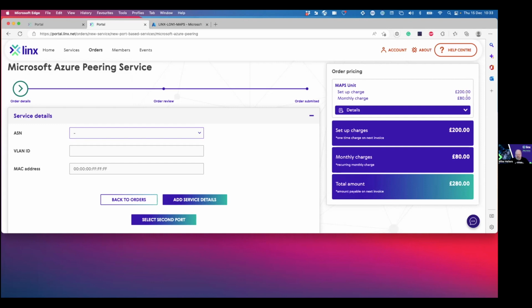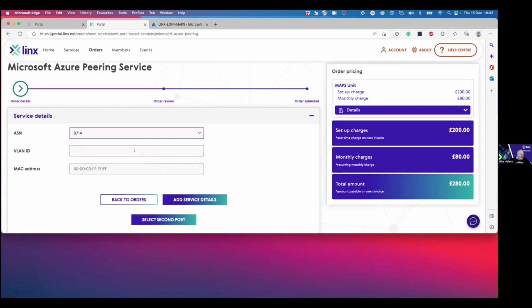Perfect. And the next question is, does the additional port cost more, or is that included in the monthly charge shown in the first slider? No, the way the pricing works for any LINX services, and this is based on the way we changed our pricing last year, is that we separated the charges for the physical port. So actually, if I